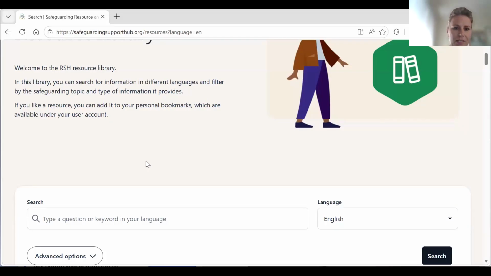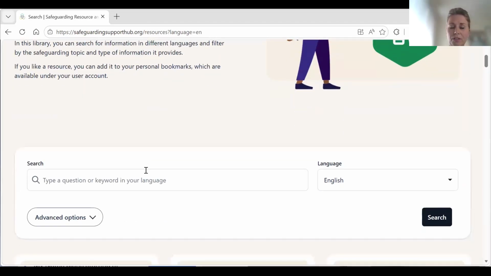So as you can see, it's really simple. There's a simple search bar here where you can either type a question or a keyword or a sentence or a fragment of a keyword or a synonym, or you can even misspell the word, the system will recognize it. Let me demonstrate.